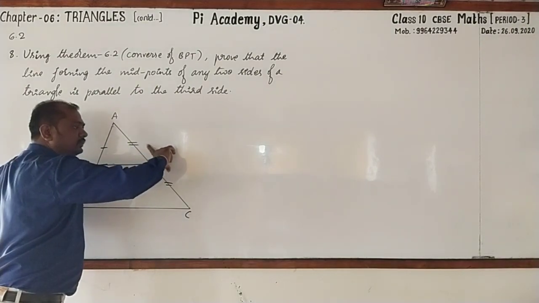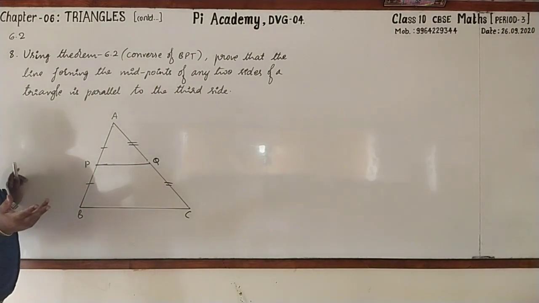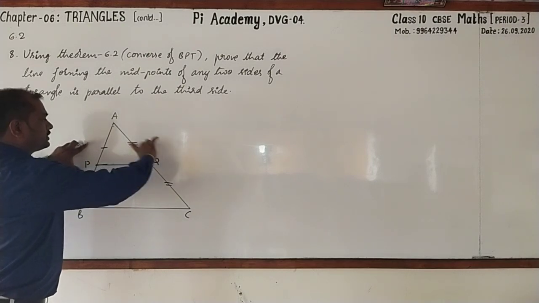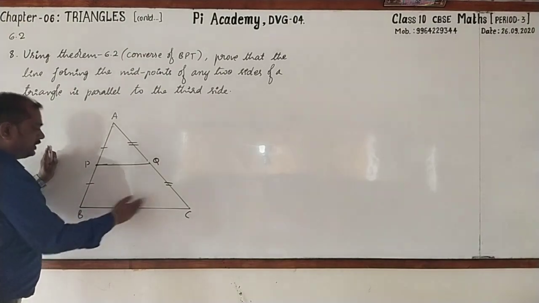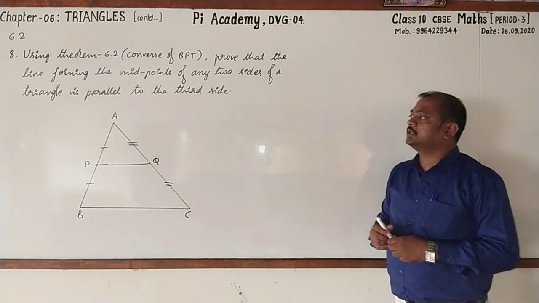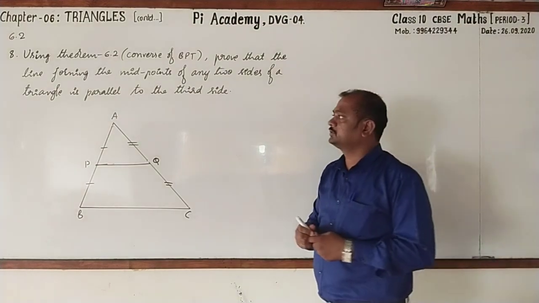What is the ratio of these two? That is also equal to 1. As both the ratios are equal and these sides will be in proportion, by converse of BPT, PQ parallel to BC. Even chance of giving this in the examination for 2 marks.